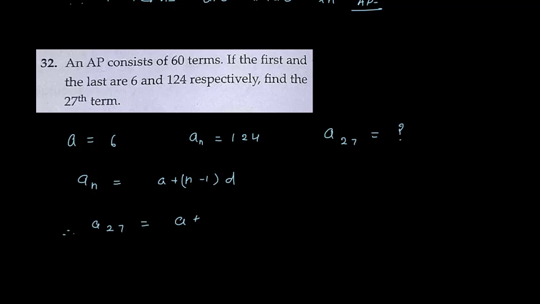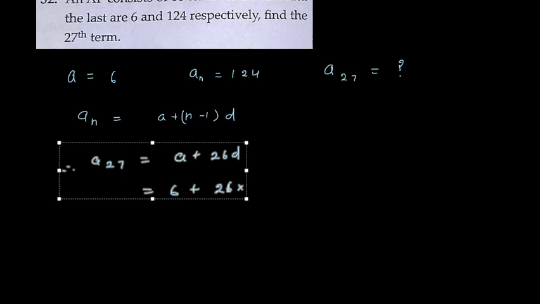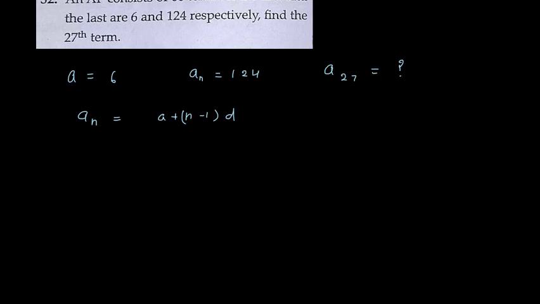is A plus 26D. The value of A is 6, so 6 plus 26 into the value of D, which is not given. So we have to first find the value of D using the formula of AN. So A plus N minus 1 D is equal to 124. First we will use the formula from here. The value of A is 6 plus N minus 1